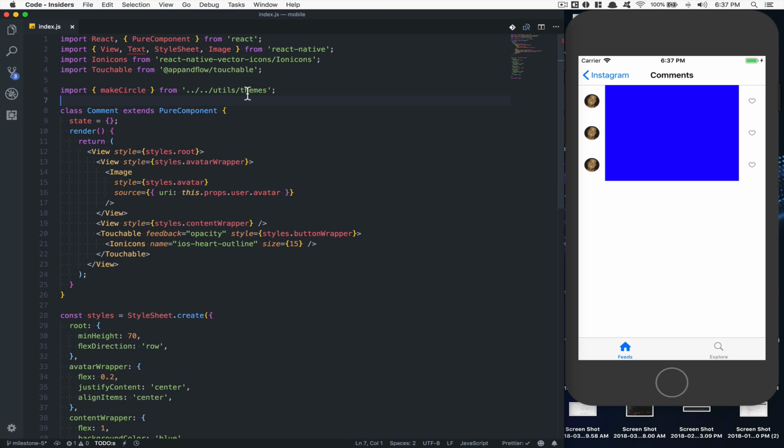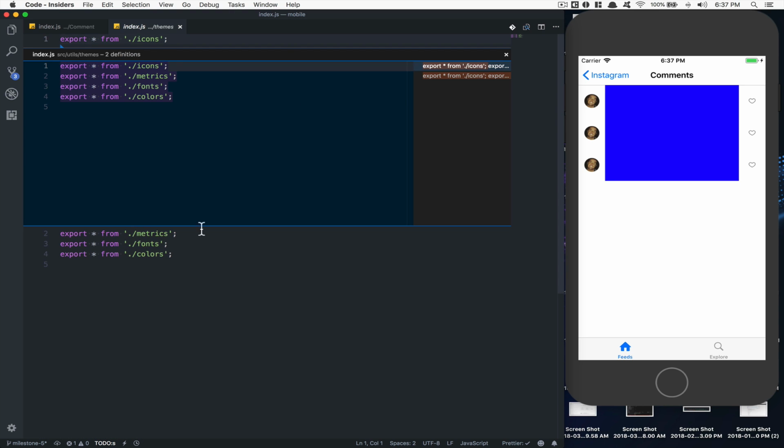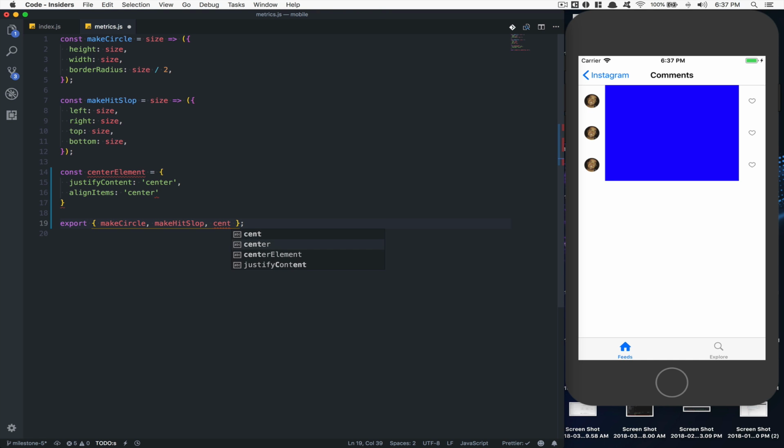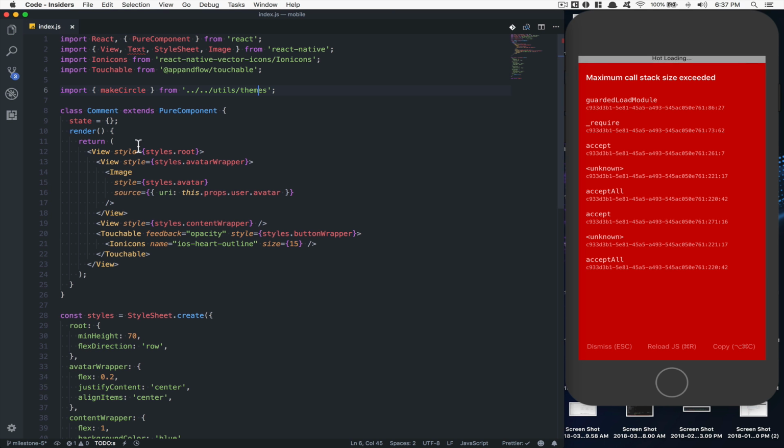But the thing you can do, it's inside your util, inside the theme. Matrix, I think I put that, yeah. You can create maybe a constant centerElement. And this thing, what you're gonna do, you're gonna just say justifyContent center. Oh, sorry. And alignItems center, pass it right there like this, and now